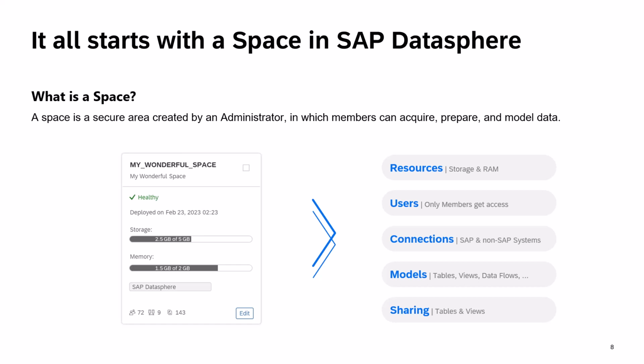And we also have a common time dimension which can be enabled per space. There are also capabilities to enable the sharing of data and other settings within a space, and of course the core piece is that a space contains all the tables, views, data flows, replication flows, whatever you might have within a space.